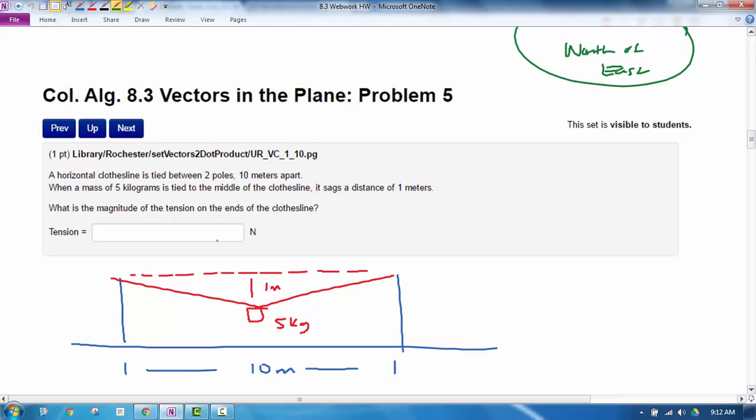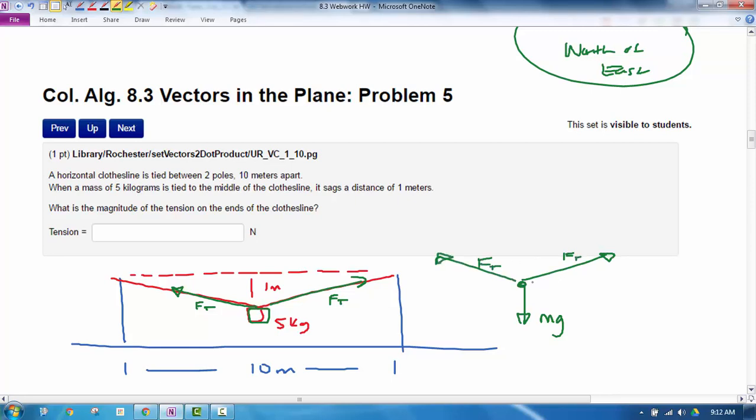Okay, this next problem I drew a picture of for you here. You got a 5 kilogram mass that's hanging, and we're looking for the tension, which I'll call F sub t right here, which is the force that's acting on both these clotheslines to keep this thing in equilibrium. If you draw, in physics we draw a free body diagram, so we draw the force down, which is the weight, which is mg, mass times gravity, and we've got these other two forces here, which we called F sub t,